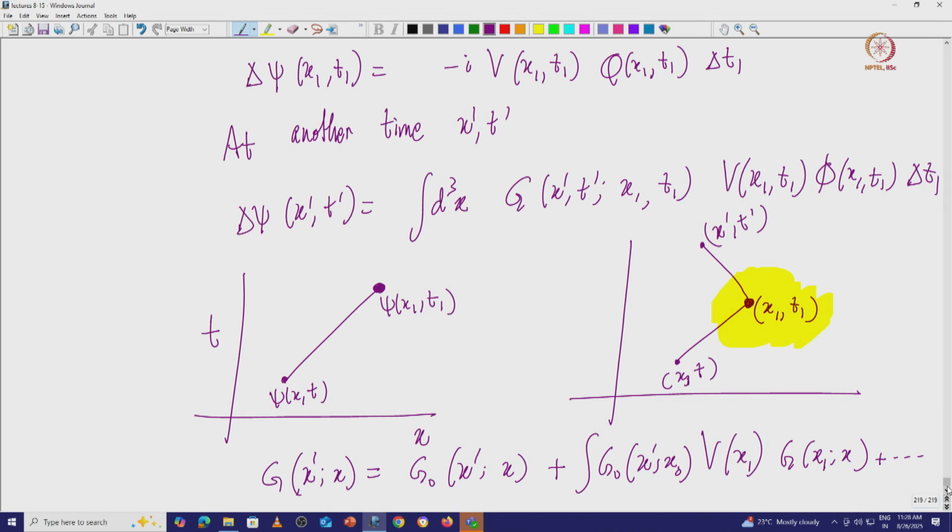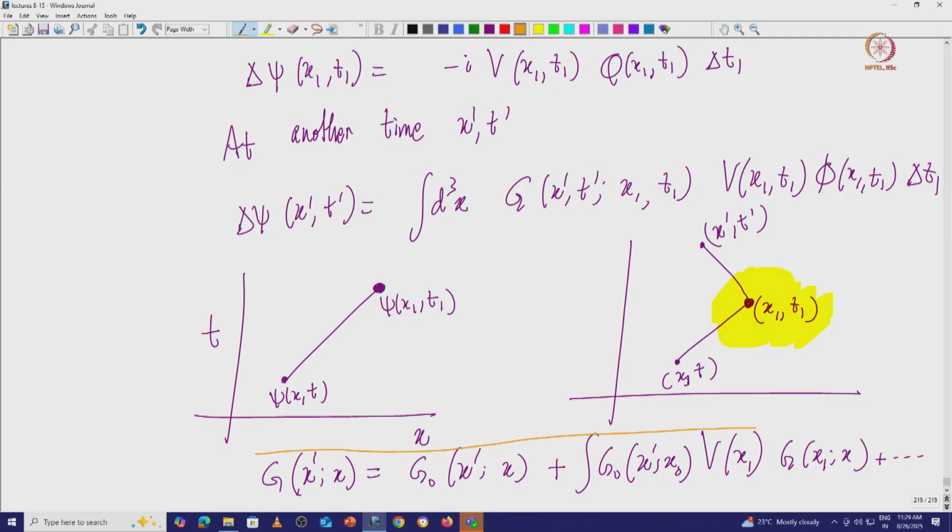And then you can write this equation at delta t1 where phi is the solution for the free particle, for the free Schrodinger equation, and then you have this particular relation which tells you that delta psi at x prime t prime after the x1 t1 interaction is given by this particular Green's function. The Green's function now includes a part which is x1 t1, another Green's function between x1 t1 and x prime t prime. So the total Green's function when you sum over all the wave functions can be written in this particular fashion. This is the main equation.